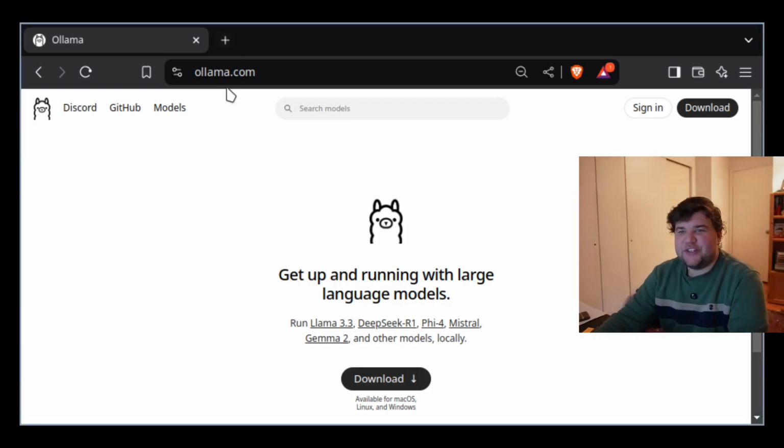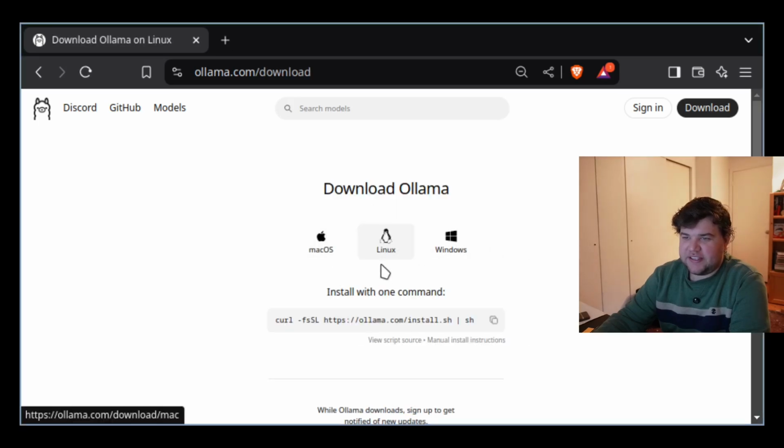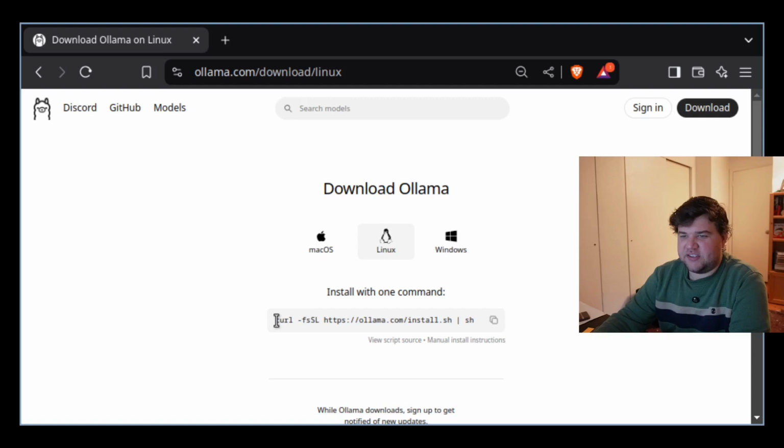The first thing that you need to do is go to the website, ollama.com, OLLAMA.com. Once you get to this main page, go to the download section, and then in this case, I'm using Linux, but it wants you to download Ollama for macOS and I believe for Windows as well. But for Linux, it's just a simple terminal command. So I can copy this,